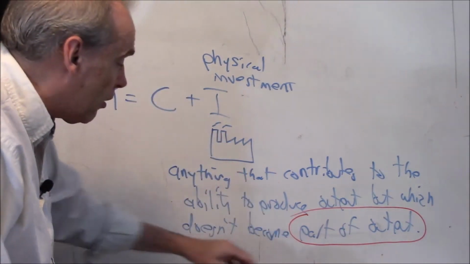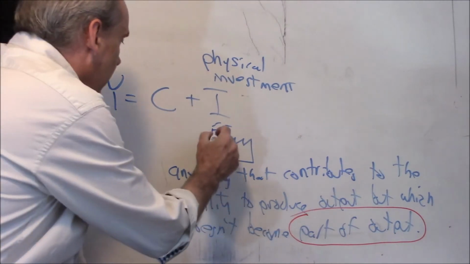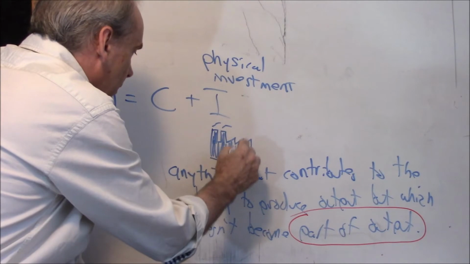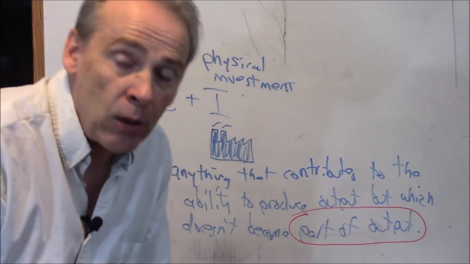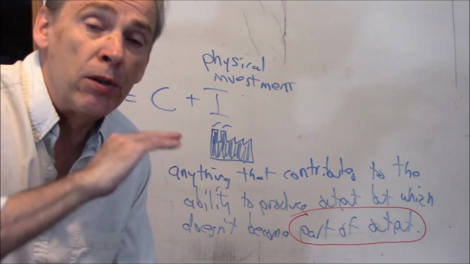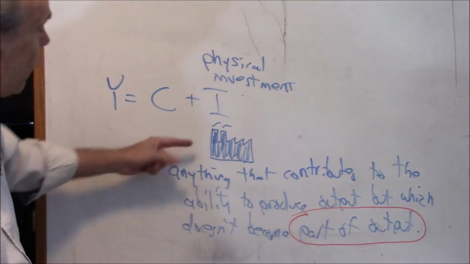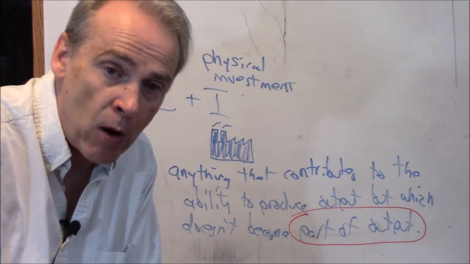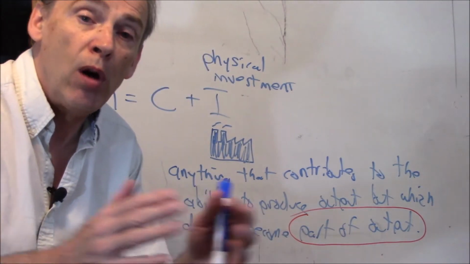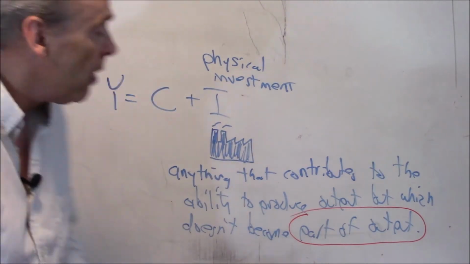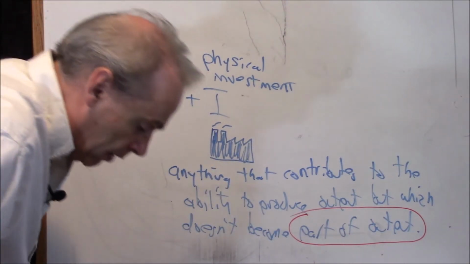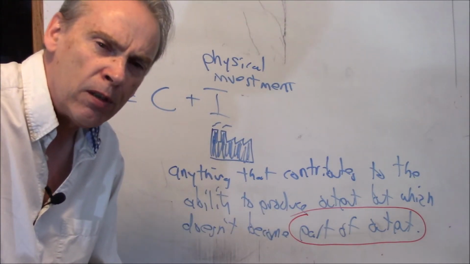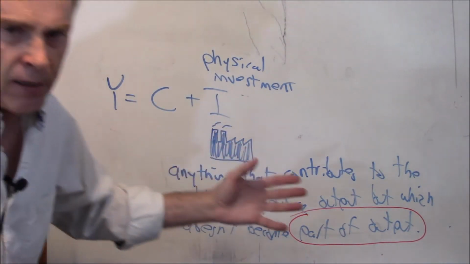If you always think to yourself, it's a factory, then that's not exactly right because it's much more than factories, but you'll never go wrong. So let me say that again. If you always think of physical investment as building a factory, you'll always come to the right conclusions about what physical investment is. It's actually much broader than that because it includes this. But nevertheless, don't sit there and worry yourself over, well, gosh, is so-and-so physical investment? No. Just think of a factory, all right?